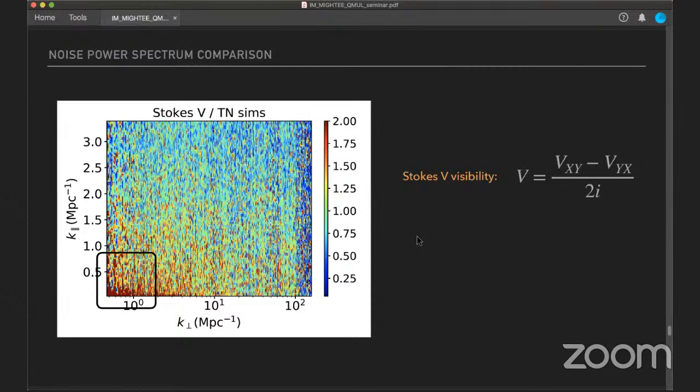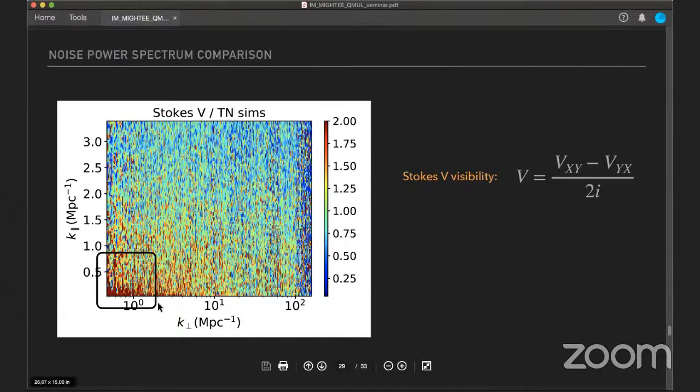So they are supposed to give the noise values. What we tried to do here is take a ratio between the Stokes V power spectrum and our thermal noise power spectrum, and we see that there is a good match between the two. Most of the points lie around 1, but there is a region shown